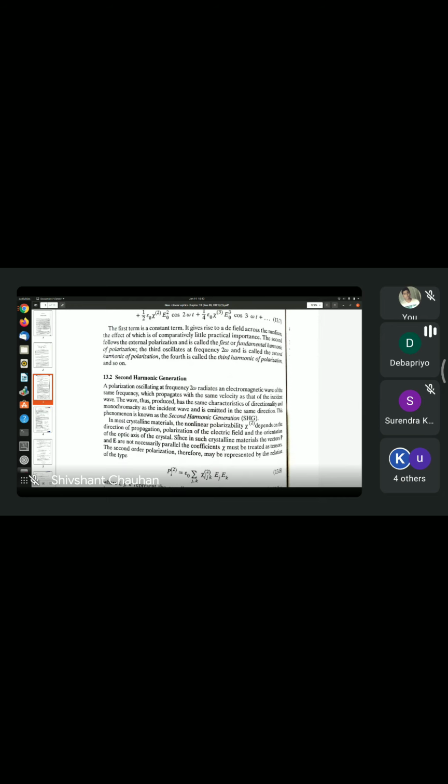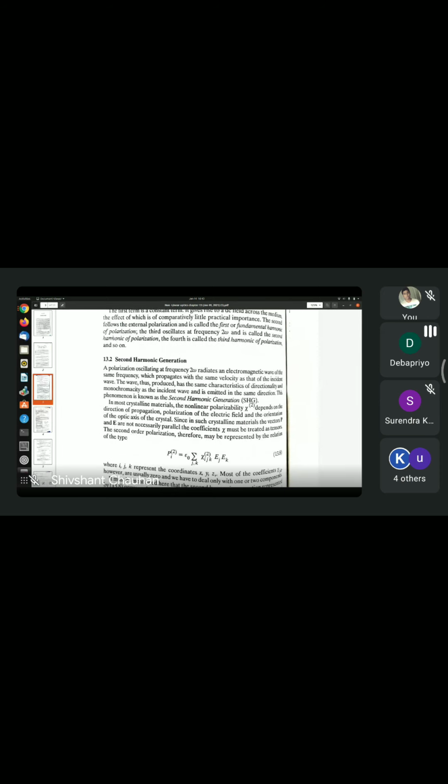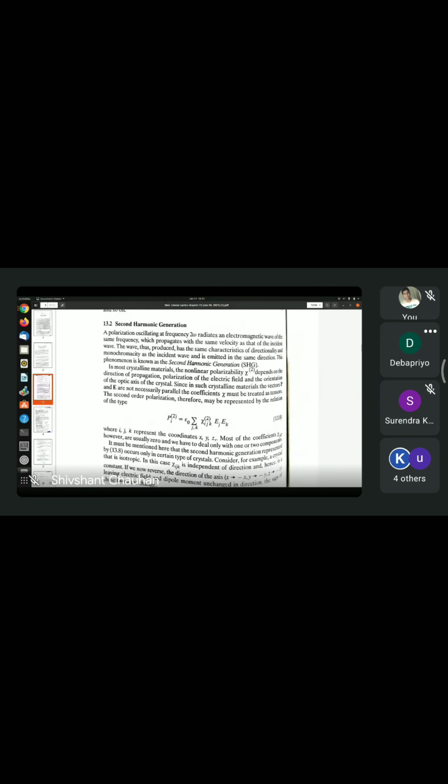The one with frequency omega is of course the fundamental harmonic of polarization. So how is the second harmonic generated? We have just seen that the second harmonic, the harmonic with frequency 2 omega, will arise if chi2 E0 square is sufficiently large that you cannot ignore that term. Now, if we go to the next equation, just scroll down, second harmonic generation, this phrase is sometimes shortened to the acronym SHG, second harmonic generation.